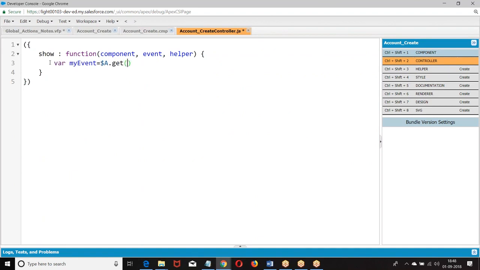Get. So what are you supposed to give? E dot C colon. We are giving the event. Then we are supposed to set the parameters. So that's what I have given.